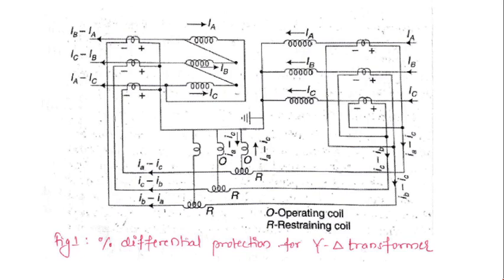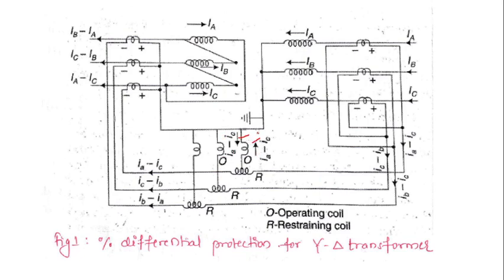So what happens here? Just observe, under normal operating condition the current flowing in each phase is opposite. For some instant, from this side the current flowing is taken as IA minus IC, which is flowing in a downward direction, whereas because of this delta star connection, the current flowing is taken as IA minus IC, which is in an upward direction. So just observe the flow of current over here. It is going in this direction, whereas this is coming in this direction. Just observe the arrow mark over here.